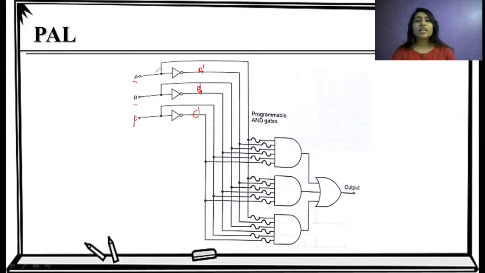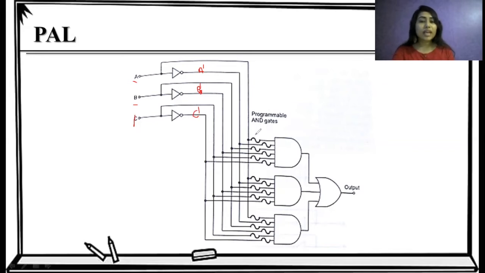So we have all the possibilities of each variable, that means either the normal variable or the complemented variable. So we have all the input possibilities at the AND gates.